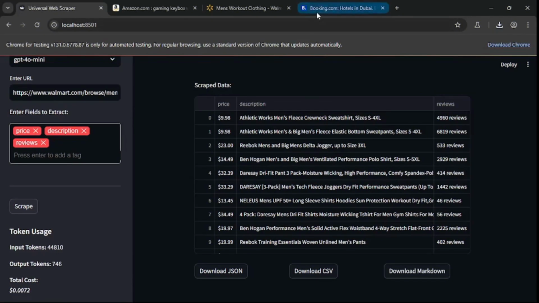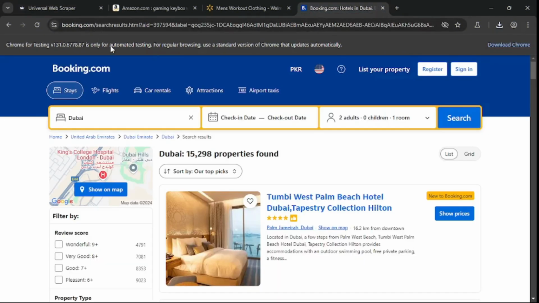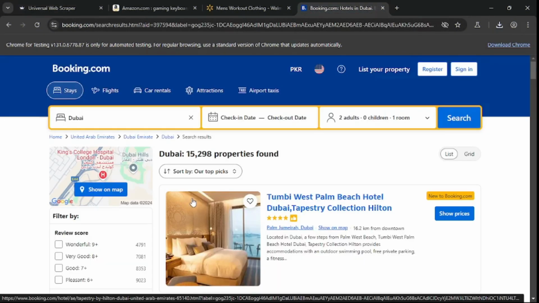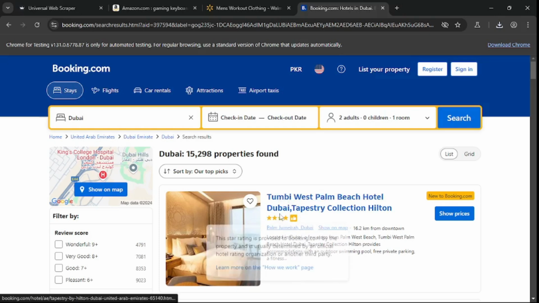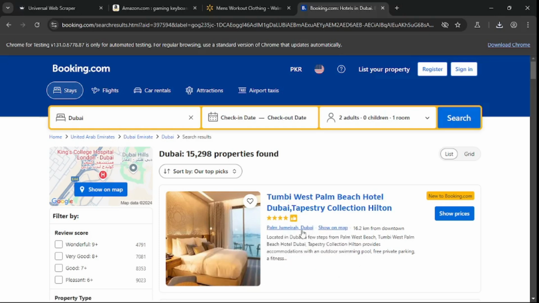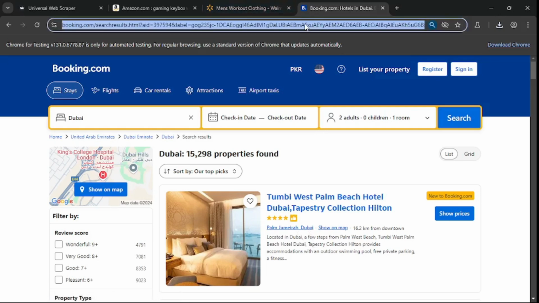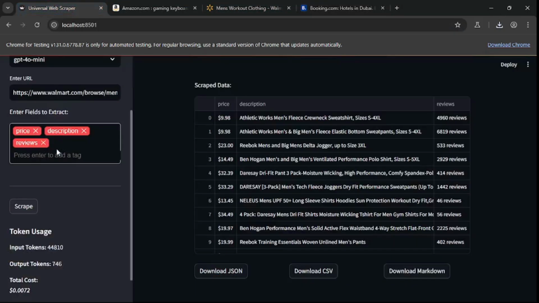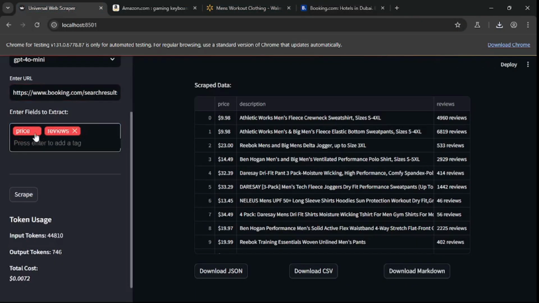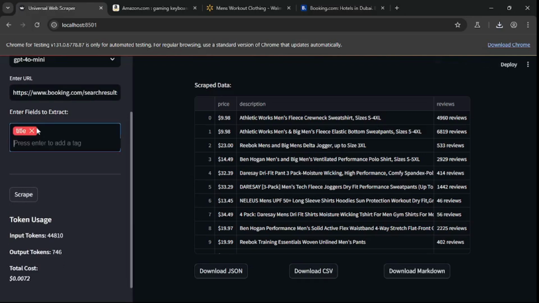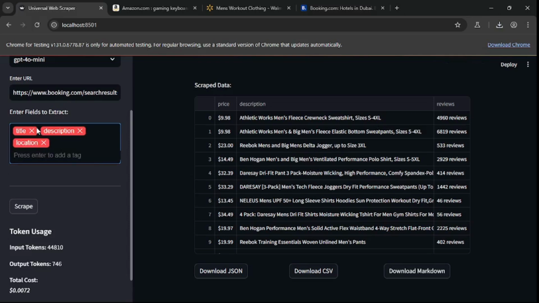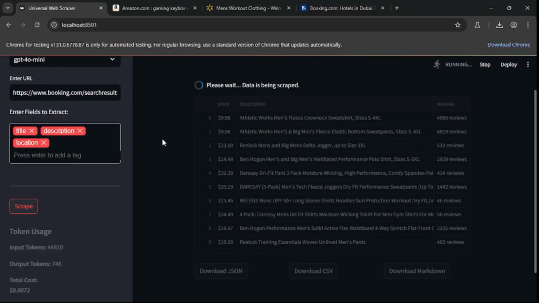And in the third example, I'm going to scrape this website, booking.com, and I'm going to scrape the locations available for booking in Dubai. So what I'm going to do is scrape the title, the description, and the location. So let's go and copy this. I'm going to paste it right here, and I'm going to remove these tags and enter new tags. So first thing we need is the title, then we need the description, and at the last we need the location. There you go. Let's try to scrape this website, and I will be really shocked if it can scrape